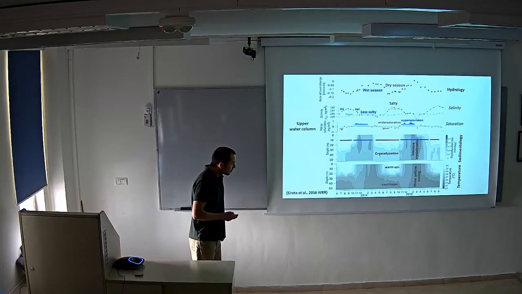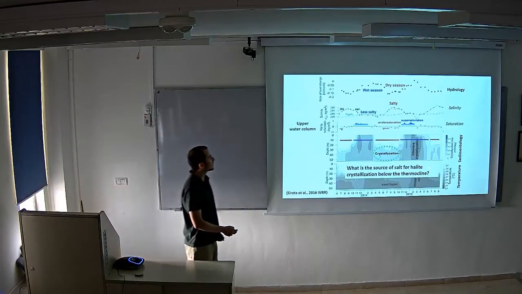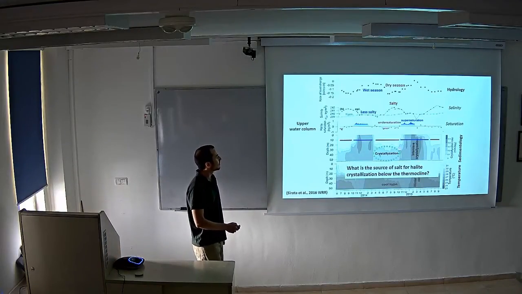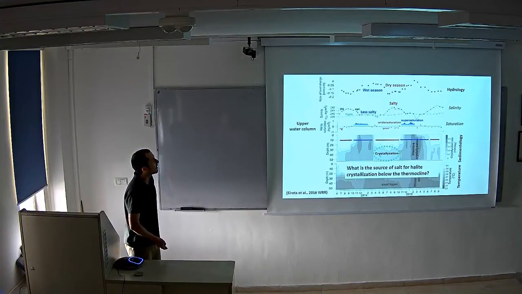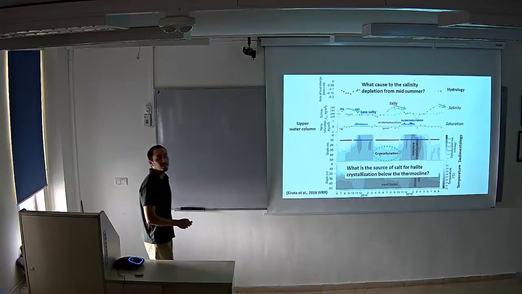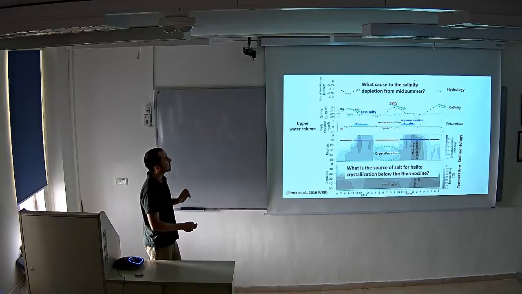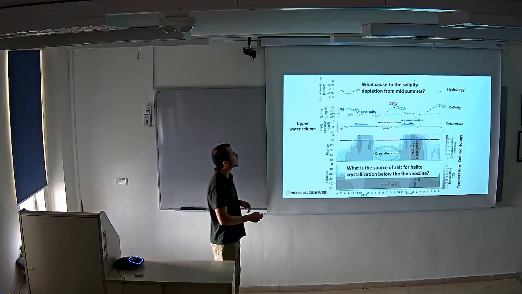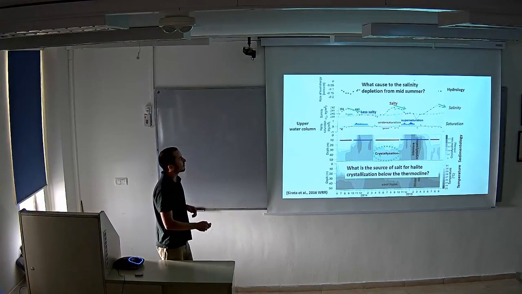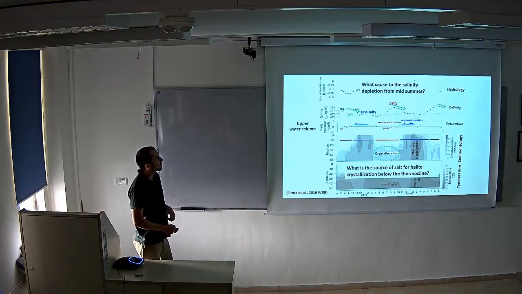Okay, looking more carefully at this data, I will ask again, what is the source of salt for halide crystallization below the thermocline? Salinity is higher here, but halide is crystallizing here. And another observation is this depletion in salinity in midsummer at the upper layer. So during the summer, as water evaporates, the salinity of the upper layer increases, but at some point in the middle of the summer, it starts to deplete, although evaporation continues. So something takes out salt from the upper layer during the summer. And these two observations suggest that there is